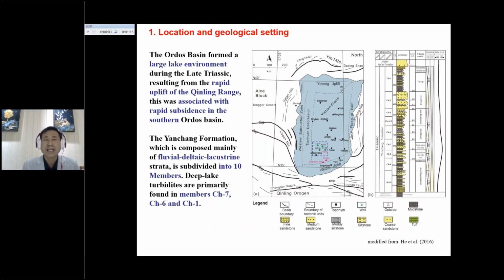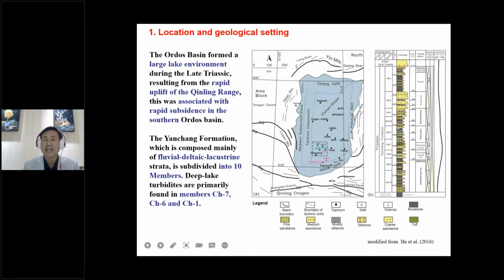One, location and geological setting. The Ordos Basin formed a large lake environment during the late Triassic, resulting from the rapid uplift of the Qinling Range, and this was associated with rapid subsidence in the southern Ordos Basin. Our database is mainly located here. These are the two outcrop locations. The Yanchang Formation is composed mainly of